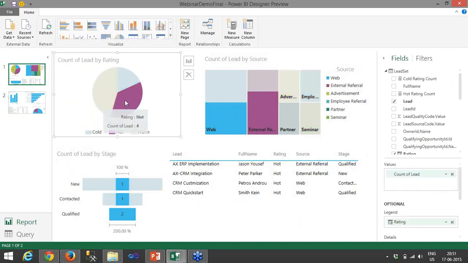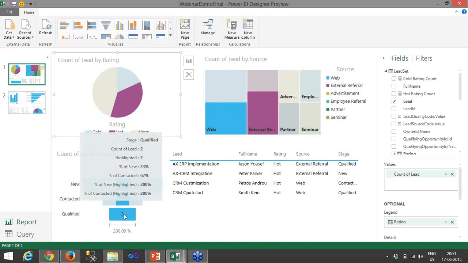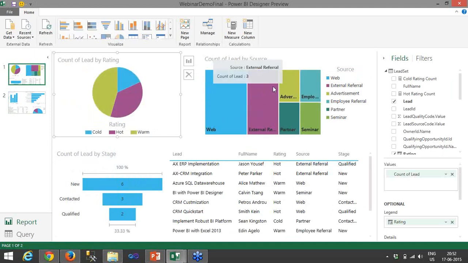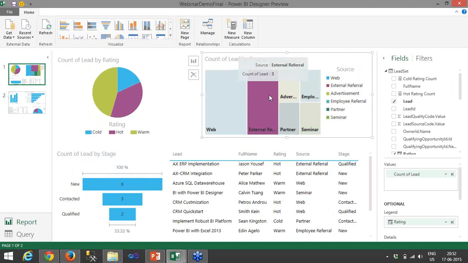Once I click on hot, it will filter the whole report to get only the hot revenues, hot leads. So from these four, two are in qualified stage, one is in contacted stage, and one is in new stage. And these four are coming from web referrals and external referrals. So it's a dynamic report. You can click and you can get the status.